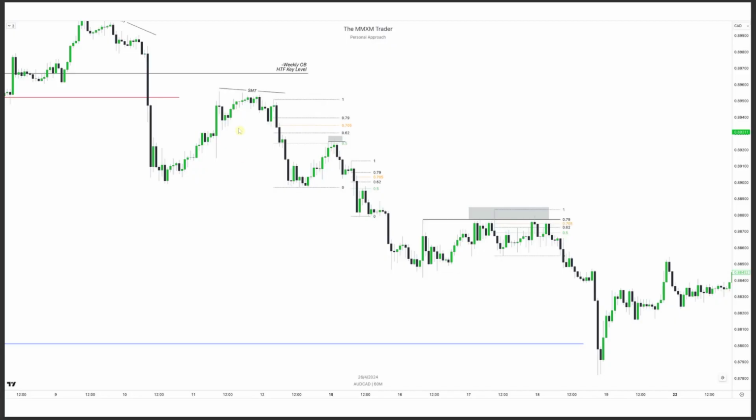Again, we wait for that 1 hour SMT to form, and then we're going to be looking for 1 hour continuation purges into the 50 or 62% retracement level. So we've got that happening over here, right? Continuation purge into premium, drops down lower, again, another range formed back into the 50 to 62% retracement level, and same thing happens over here, continuation purge above an old high, then price trades back in that retracement level,